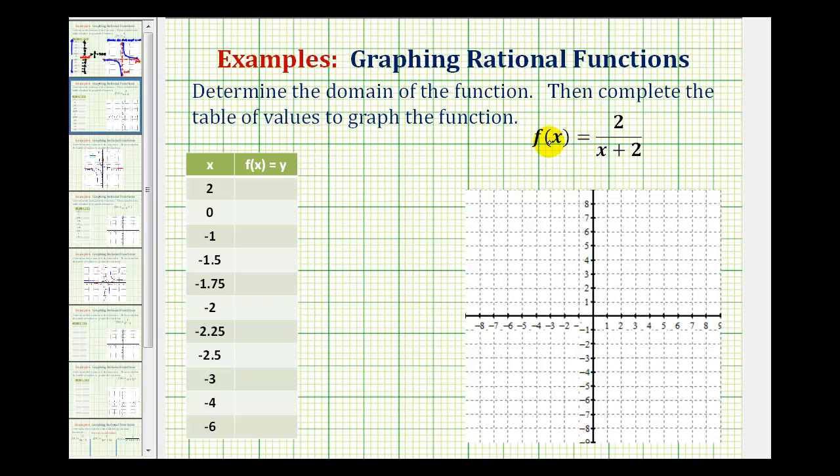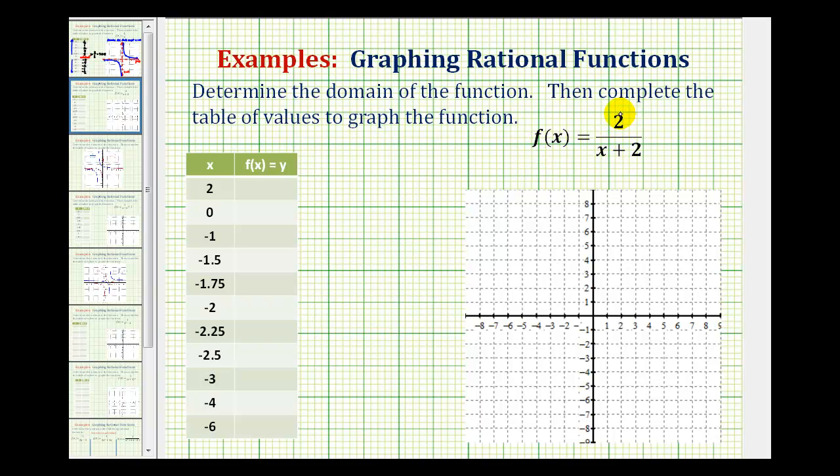Given the rational function f of x equals 2 divided by the quantity x plus 2, we want to determine the domain of the function, then complete the table of values and graph the function. The domain is a set of all possible inputs, or x values. To find the domain of a rational function, we want to focus on the values that x cannot be, and